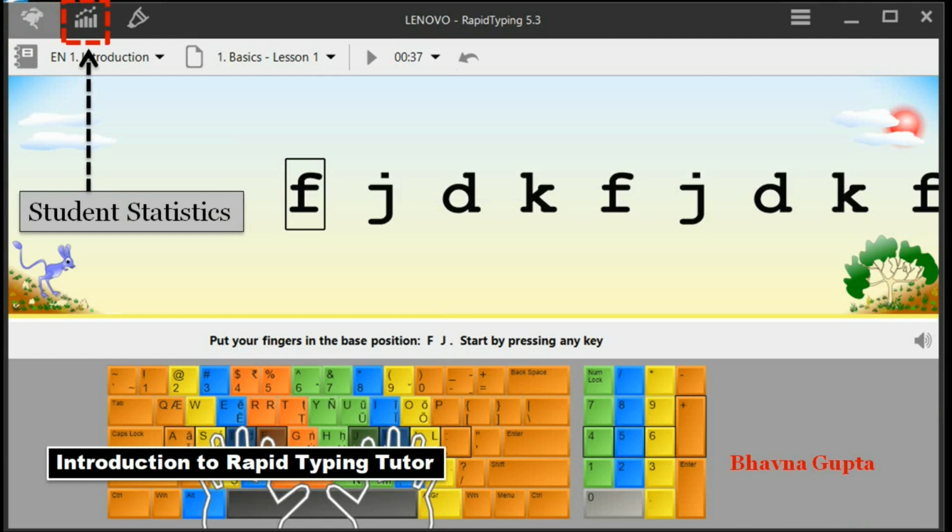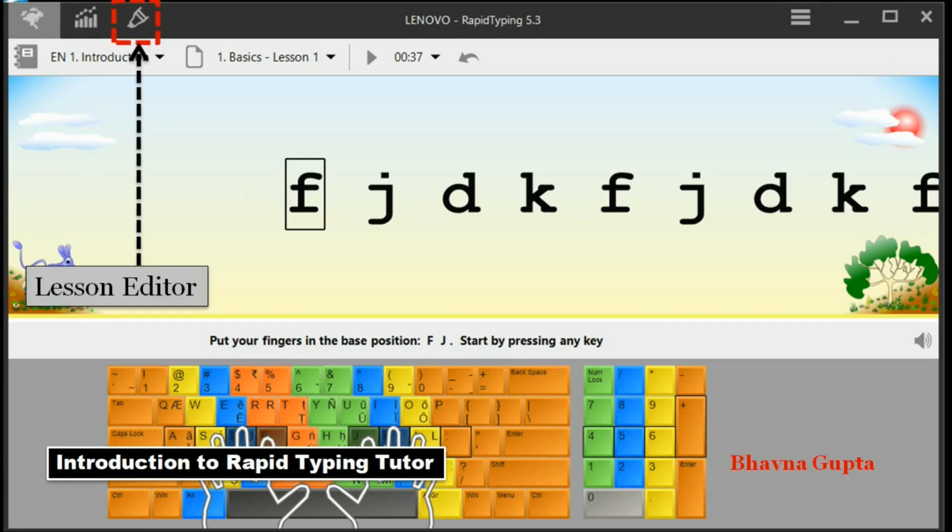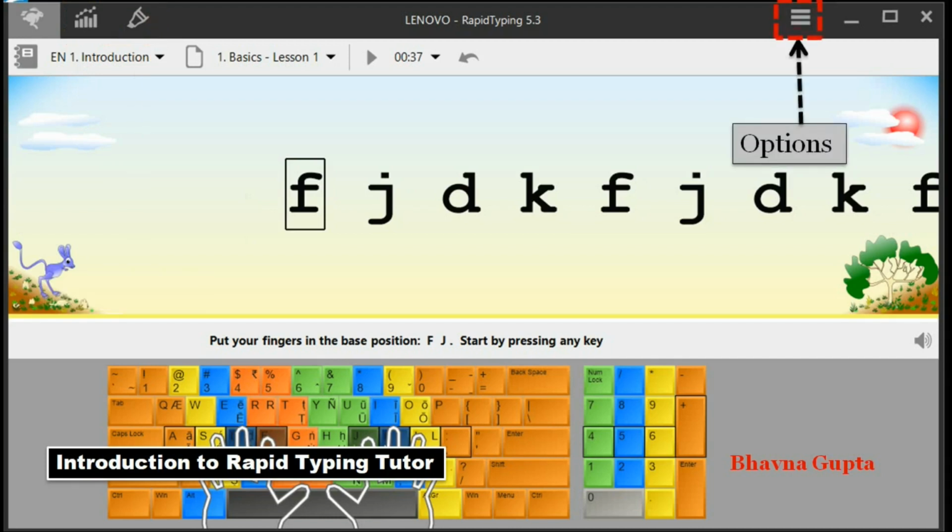This is the student statistics button. It checks the statistics of the user's typing skills. This is the lesson editor button. It opens the lesson editor. This is the options button. Set the appearance settings of the typing tutor such as language, keyboard, text color, background color, font, theme, etc.